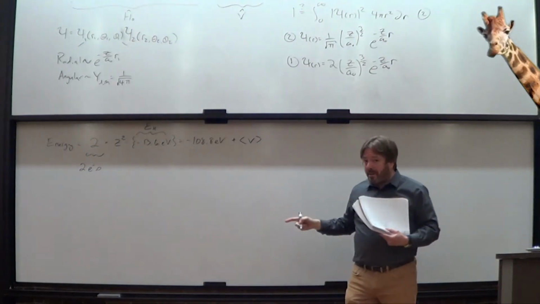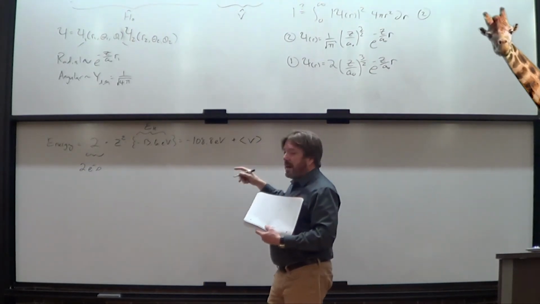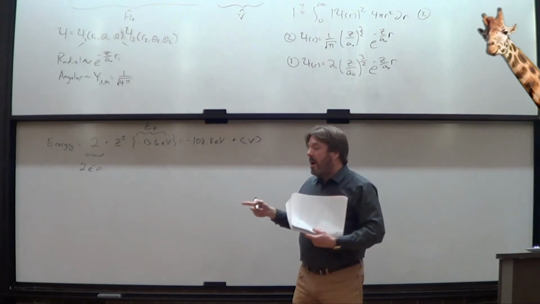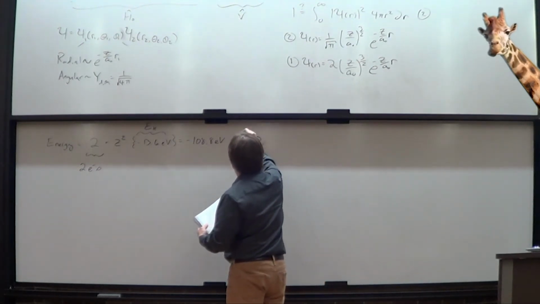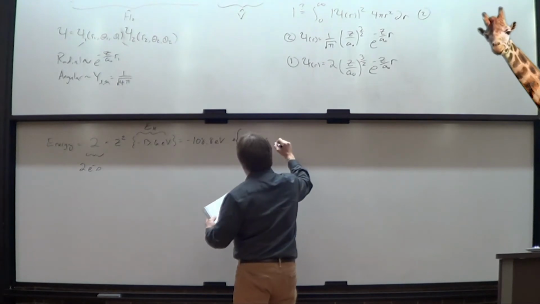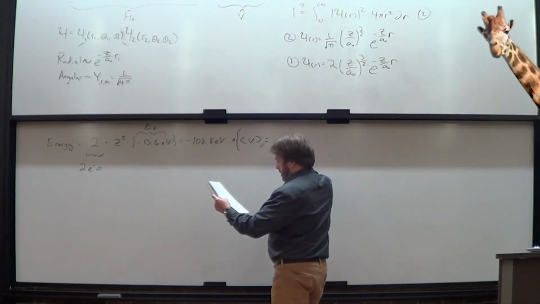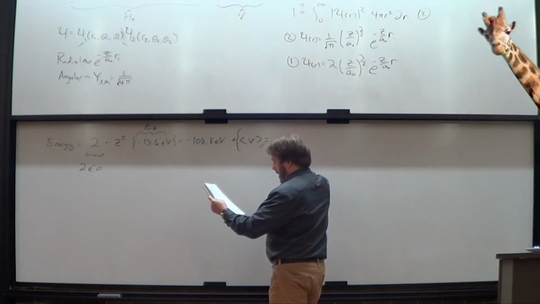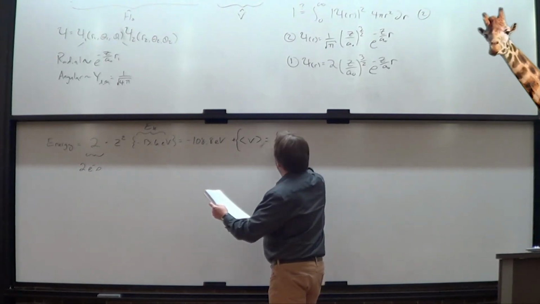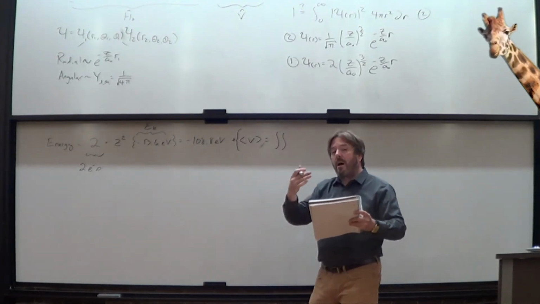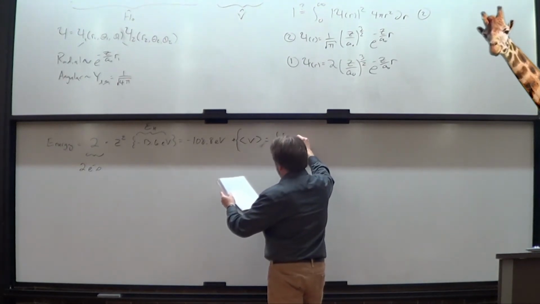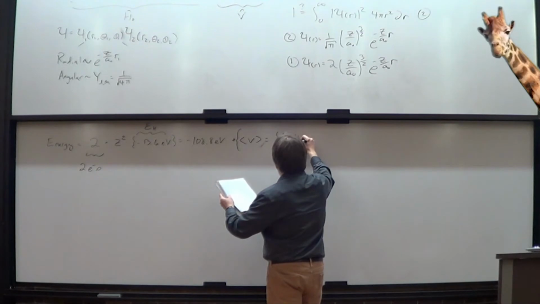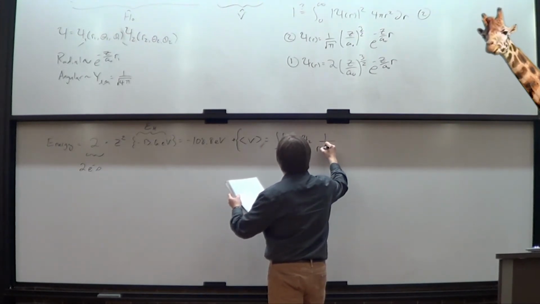Okay, so now what I need to do is I need to add this, and we just talked about how to calculate this. I'm going to do the expectation value of the potential, which of course looks something like this. Gotta draw the line again. Okay, it'll be a double integral because I have r1 and r2, so I'm going to integrate over r1 and r2. It's going to be wave function squared, over